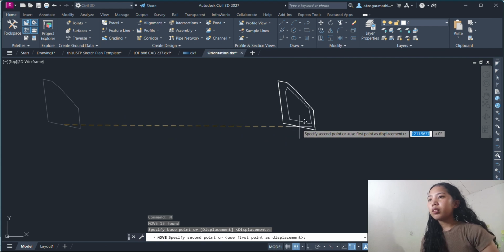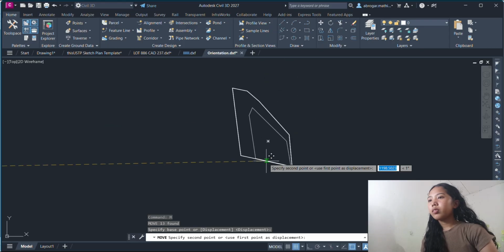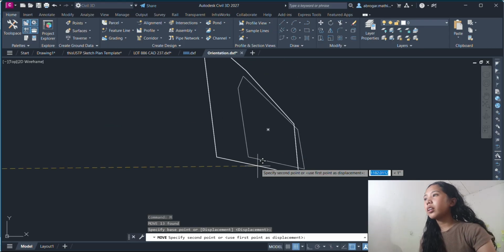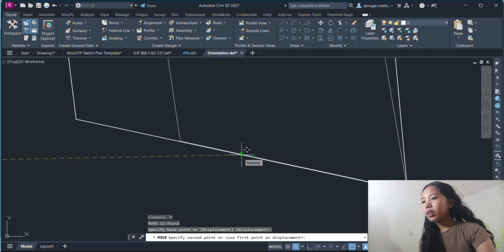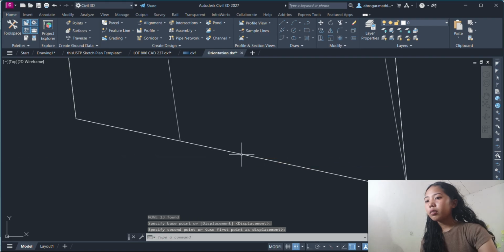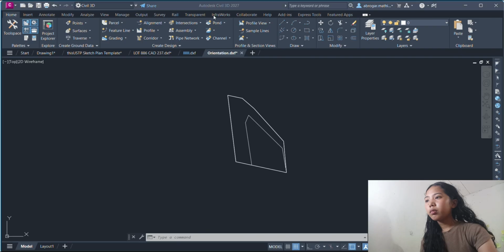sample lot. Then copy, then go again to manual boundary plotter, copy the raw data, then paste it. Then paste it.